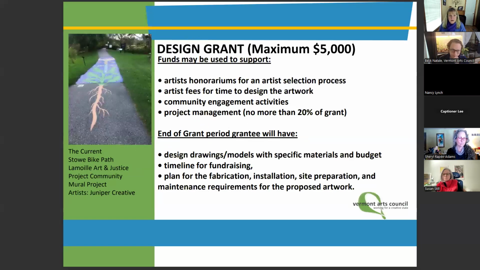So let's see. A little bit more about the project pitch. When you're putting together the pitches, we don't require at the time that you have a budget in there. You don't need the budget. If you're applying for a design grant, that is, you don't need to have the artist selected, because part of